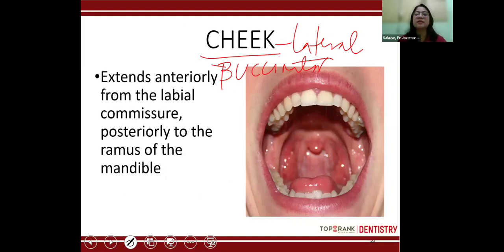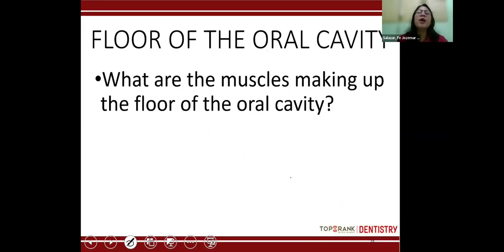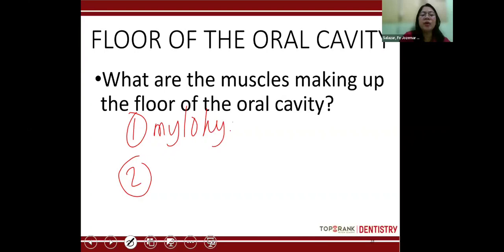Okay, so that's buccinator. Then, inferior boundary of the oral cavity, you have the floor of the oral cavity or the floor of the mouth. Okay, it's a horseshoe-shaped region located along the lingual border of the mandible. Now, what are the muscles making up the floor of the oral cavity? You have 2. Can you name the 2 muscles that you could find on the floor of the oral cavity? Yes, very good. You have the mylohyoid muscle. And what's the other one? Yes, geniohyoid